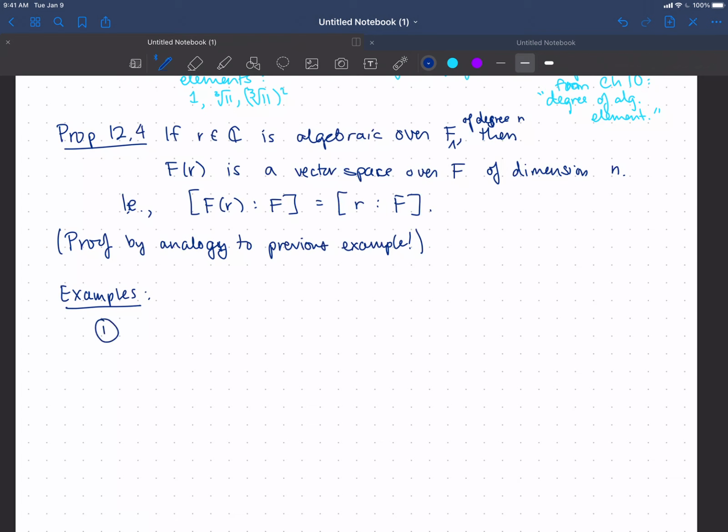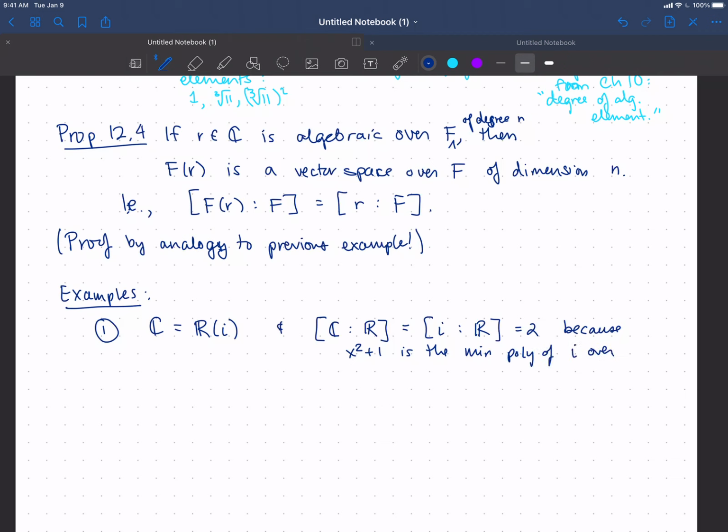All right, first of all, the complex numbers. We can think about taking the real numbers and throwing in the complex number i, making the smallest subfield that contains the real numbers and i. If we do that, we can look at the dimension of the complex numbers over the reals as a vector space because i is an algebraic element. You can think of that as the dimension or the degree of i over R, which is 2 because x squared plus 1 is the minimum polynomial